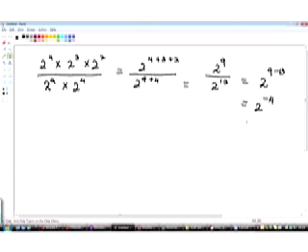Of course, this can be stated as 1 over 2 to the power 4. Now that's one way of working it. Again, let's highlight the laws that we use. The laws that we use: a to the m